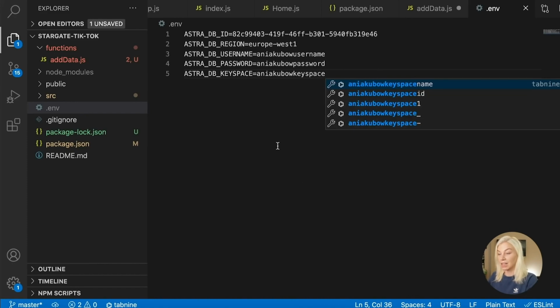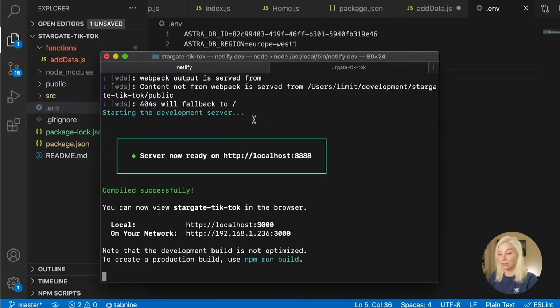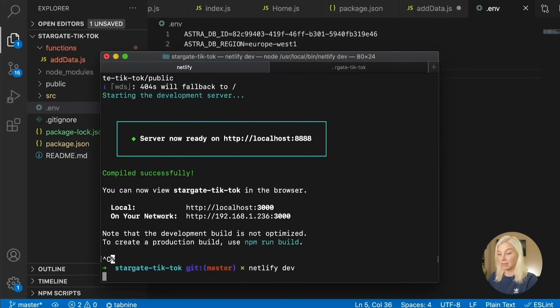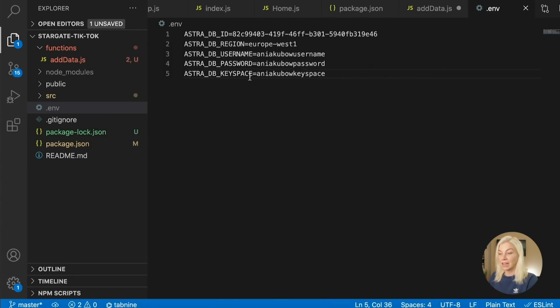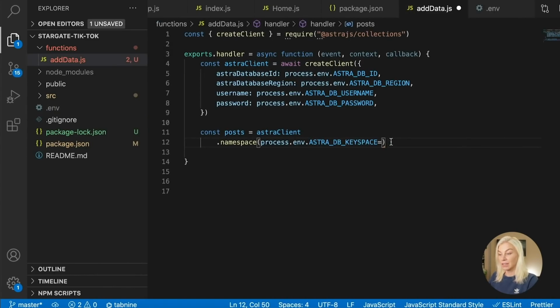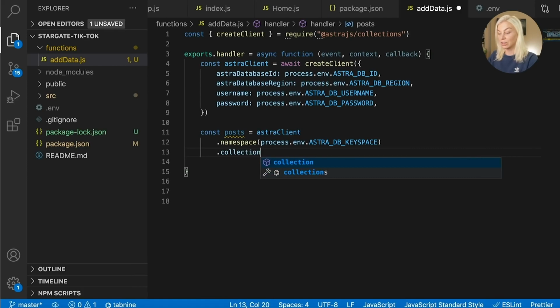Okay, so I'm going to have to restart this because of course we haven't picked it up yet. So let's do that now. Control C, Netlify dev. Or at least I think I do. I don't know, I've just always done it this way. Perhaps it just picks it up. Anyway, so now we know that the Astra database keyspace has been injected. Cool. Now I'm just going to get this and stick this in here. So namespace, process.env Astra DB keyspace, and I want to call the collection